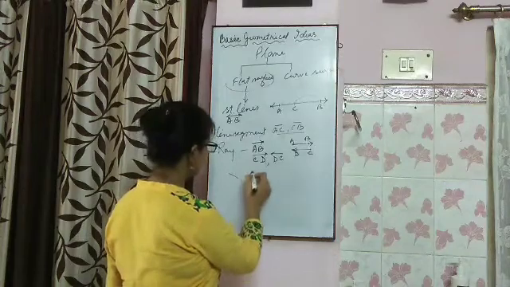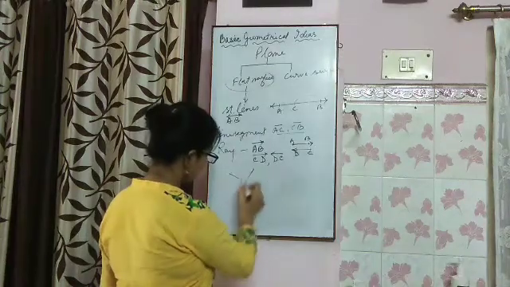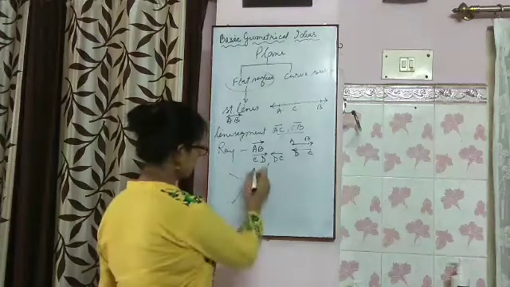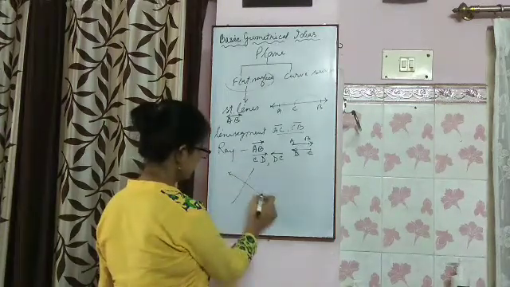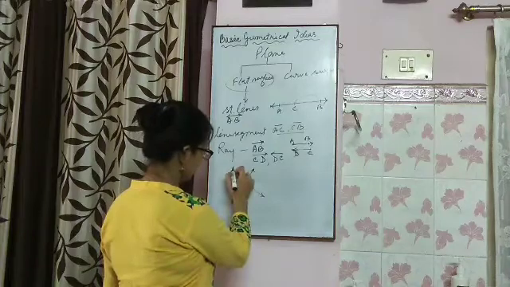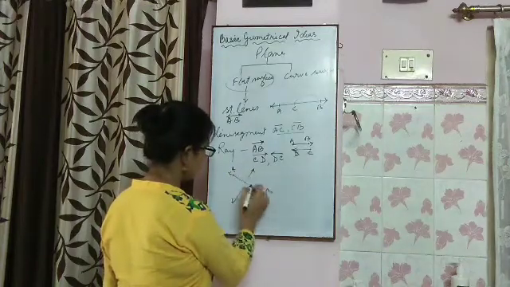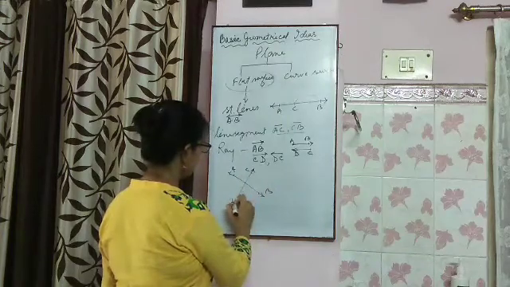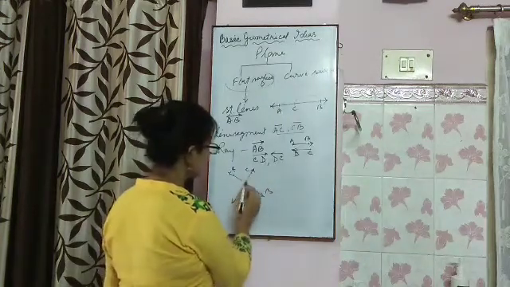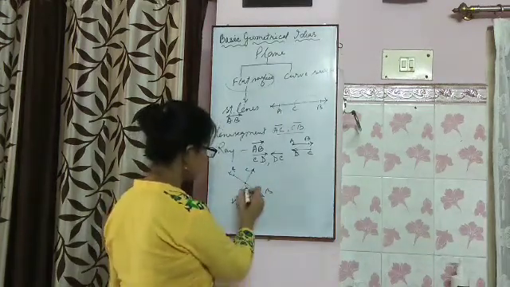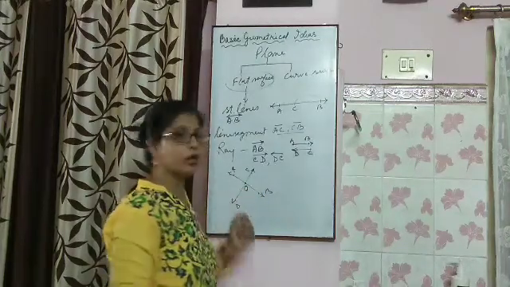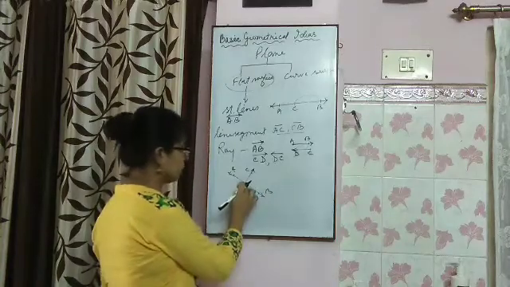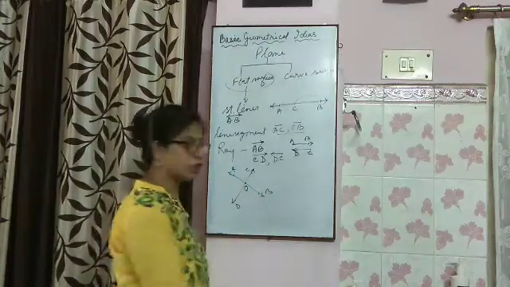If two lines have one common point, this line and this line, A, B, always to be mentioned with 2 points over there, and C and D. Suppose they have got a common point, say it is O, then the lines are called intersecting lines. These two lines are intersecting because they have a common point of intersection.